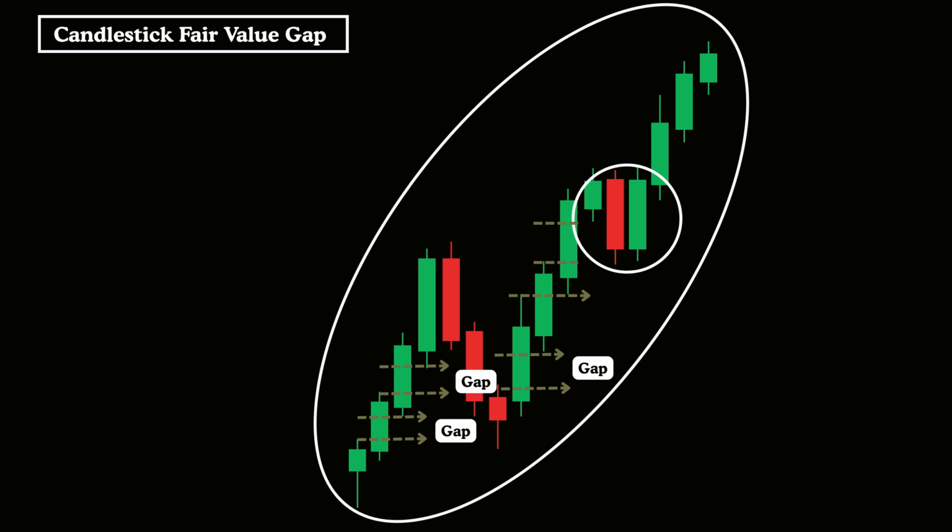A little further up, we find another three-candle cluster. However, when drawing the lines this time, we see no gap between them, meaning no fair value gap is present here. Next, if we examine another three-candle segment and draw from the first wick's top to the final wick's bottom, a gap appears once again. This imbalance was already addressed and rebalanced by the next two candles.